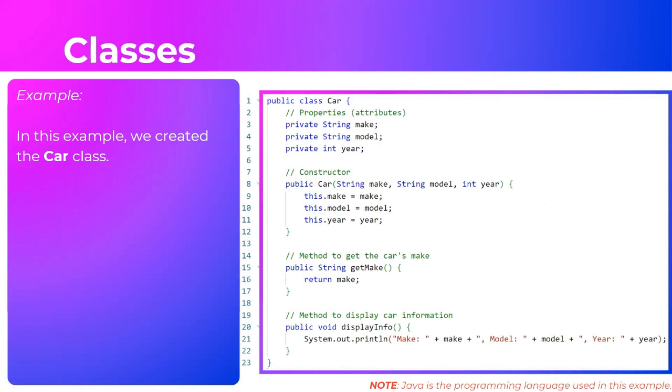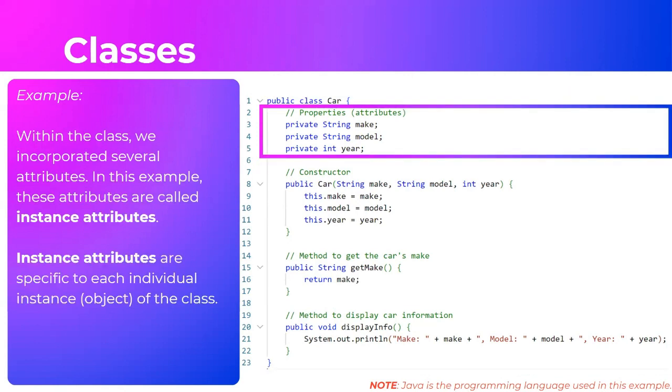Okay, by the way, be noted that Java is the programming language used in this example. By the way, Java is one of the languages that you can choose upon applying for the DICT ICT Proficiency Examination together with C, C++, C#, and VB.NET. So within our class, we have